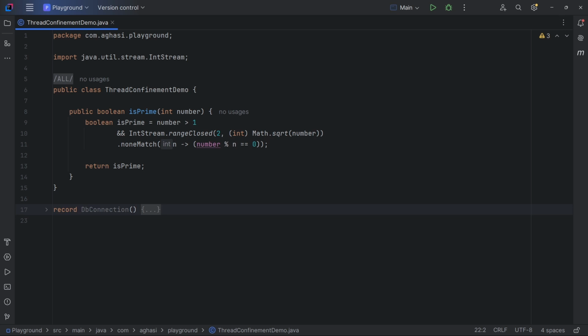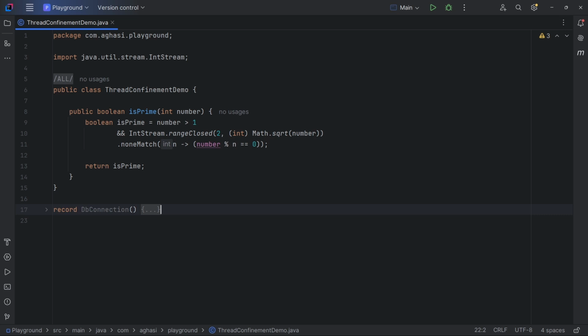What if each thread could have its own instance of DB connection? In this way we don't share the DB connection instances between threads, so no synchronization is needed. And also we will have enough instances of DB connections that no thread needs to wait for other threads to finish their work. We can use thread local to achieve this. Thread local is like a variable that holds per thread values.